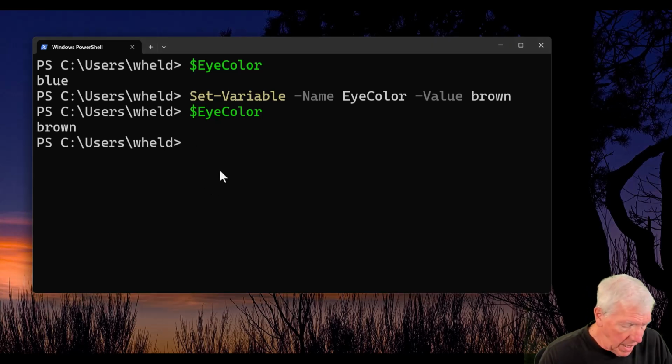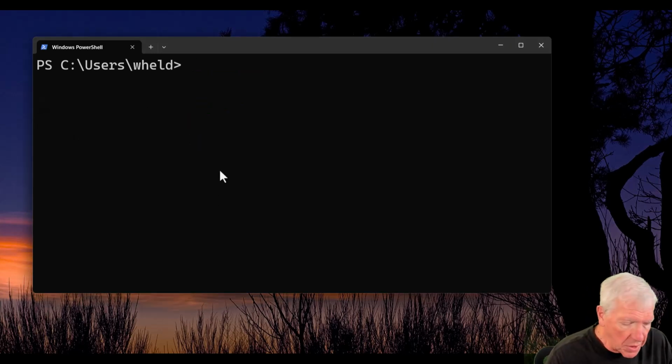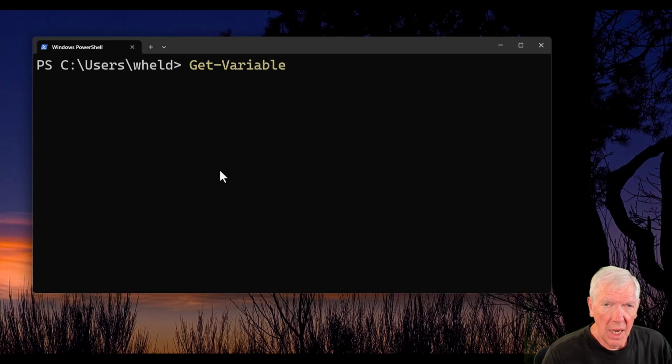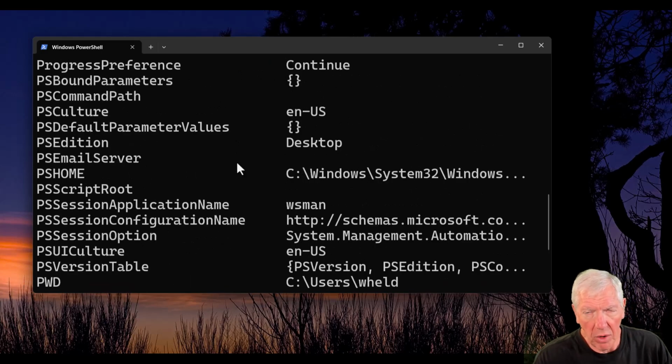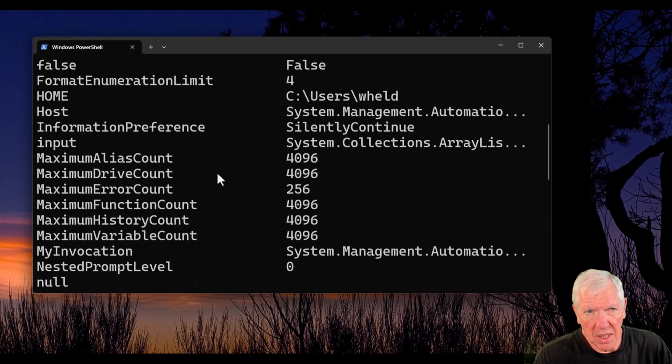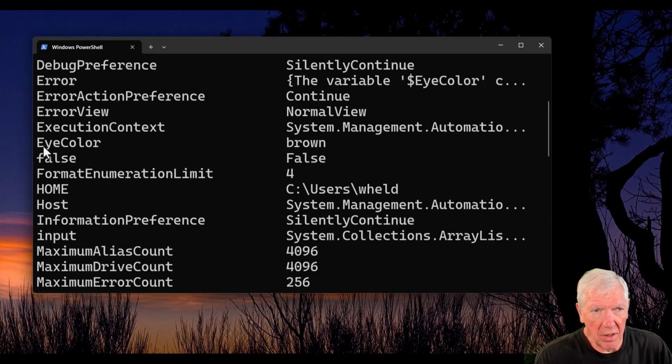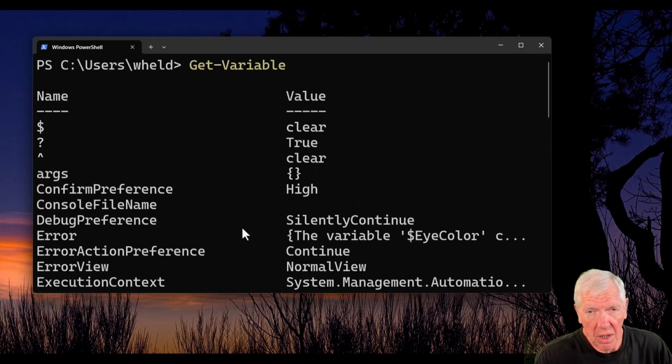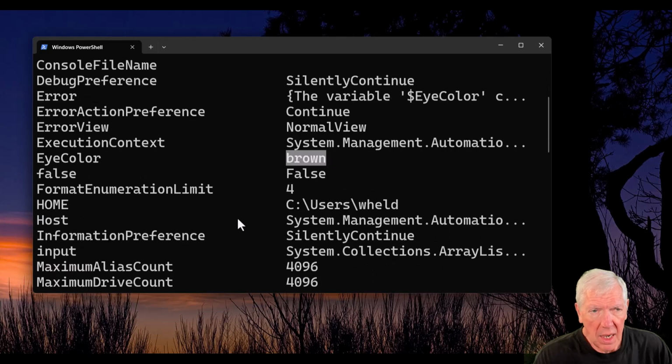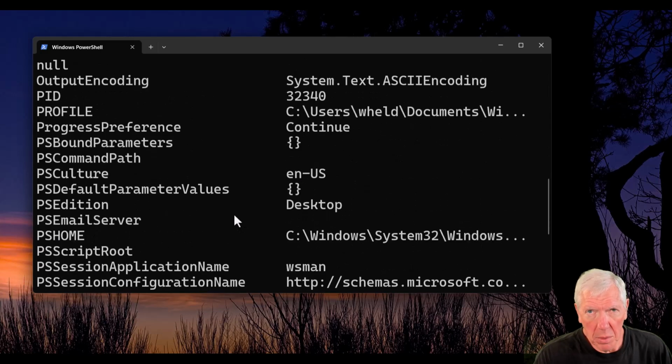Well, how would you find out what variables are actually inside your system? We could issue a cmdlet called Get-Variable, and what this is going to do is get all the variables that we currently have declared in our PowerShell system. And there's a pretty extensive list of these. Here's iColor. You can see how it wound up in the list, and it contains brown. But there's a bunch of other variables here as well. And so this is a good way of finding out just what variables are in play while you're running your